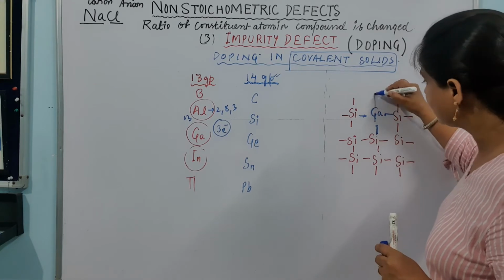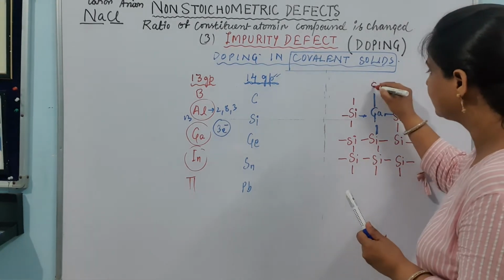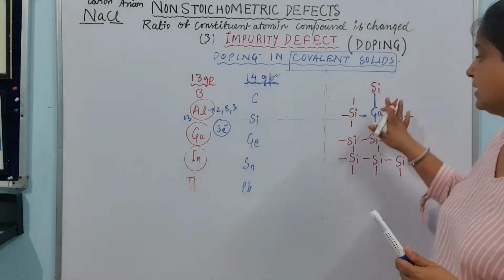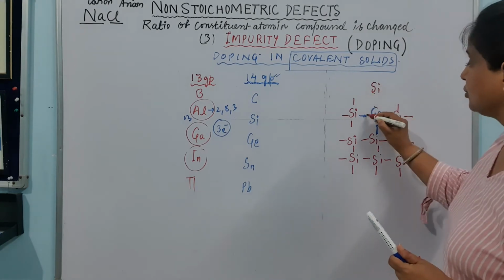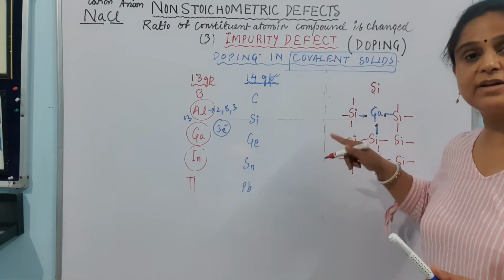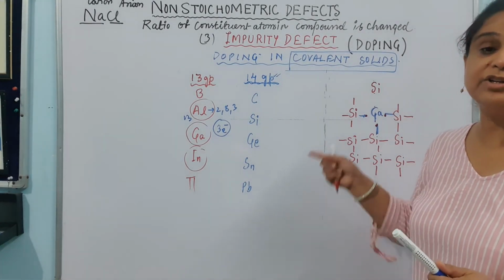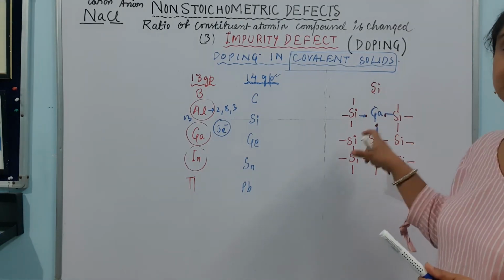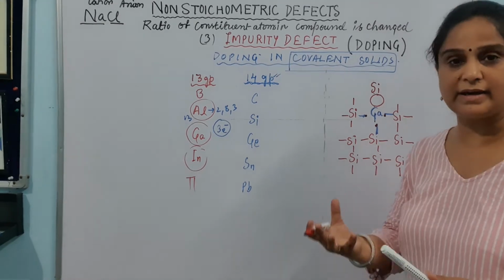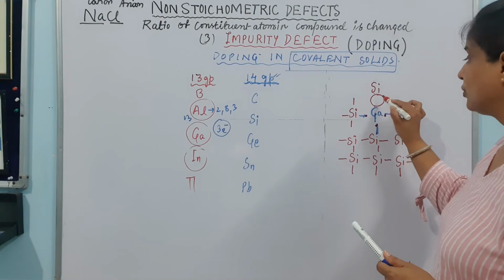1 electron it has shared with this, 1 electron with this, and suppose 1 electron with this. ये जो बॉन्ड इसने दूसरे सिलिकन के साथ बना रखा था, सब जगह सिलिकन ही होगा ना इसमें. So this bond which was earlier made by another silicon is now not possible. क्यों? क्योंकि only 3 electrons were there, जो उसने शेयर कर दिए with the 3 silicon around it. ये सिलिकन के साथ it is not possible for it to make the bond. Now what? With the deficiency, a hole is created. This space is lacking an electron. That is why a hole is created here.